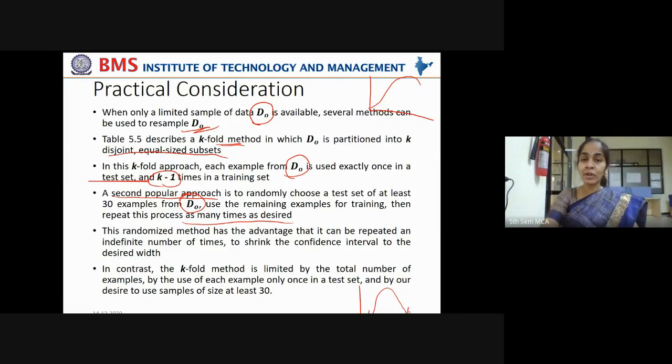But because you're repeating this experiment many times, each time taking a randomly selected test set and training set, the confidence interval may shrink because you're becoming stricter and stricter in your validation process. So the confidence interval may shrink to 80%, 70%, and even to 60%, within which range the difference of errors of the learning algorithms falls, right?